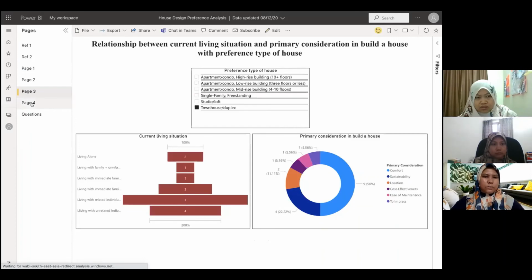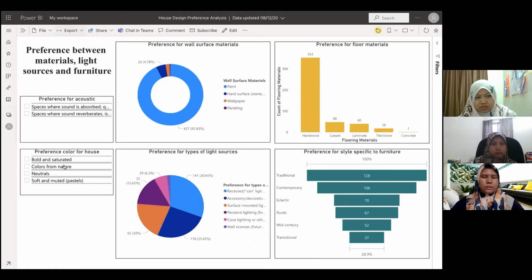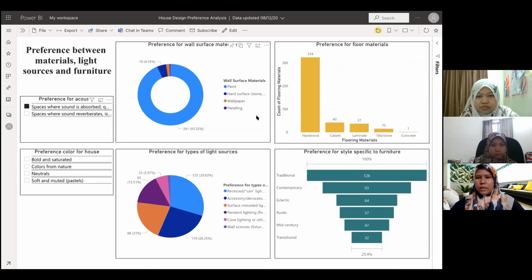And next, we go to page 4. Here, we try to relate materials, light sources, and furniture. Let's say I want to see the preference for acoustics, a space where sound is absorbed. The most preferred wall surface material is paint, and the preference for floor material is hardwood.